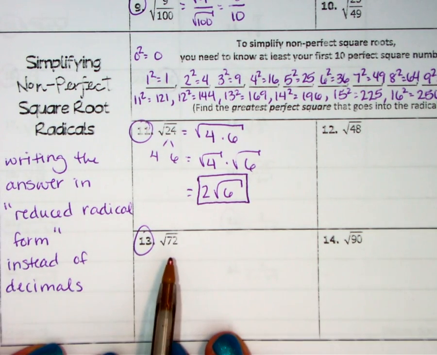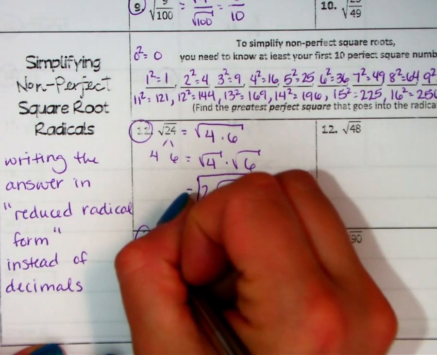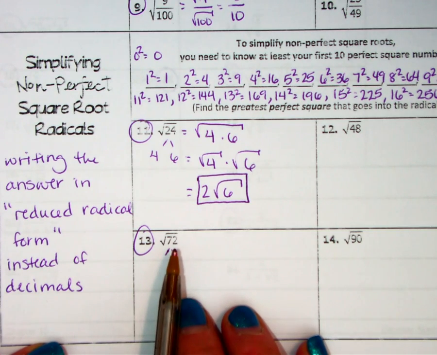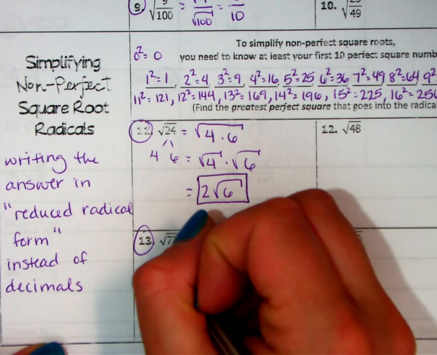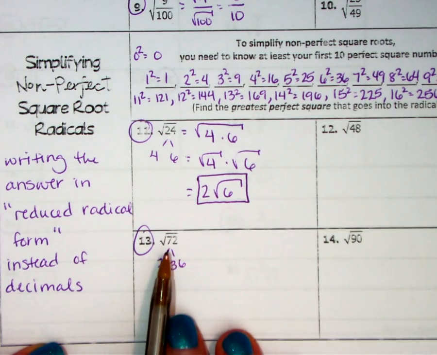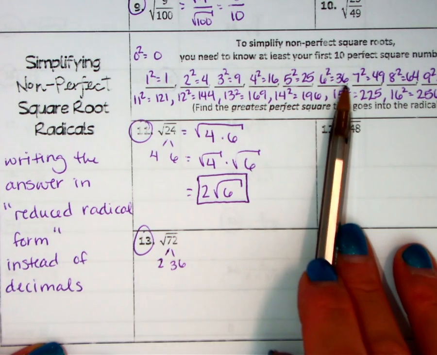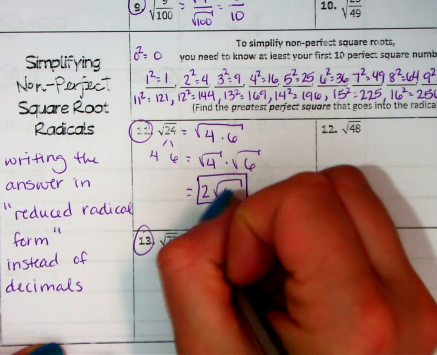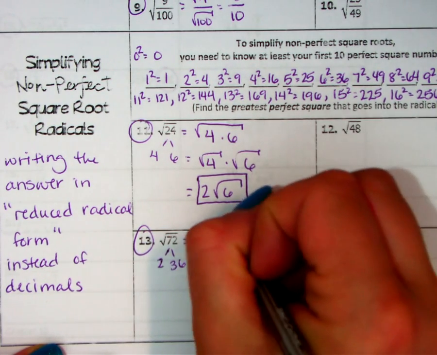So when I take a problem like 72 here, doing a quick factor tree, the first thing I notice about 72 is that it's even. So I'm going to go ahead and divide 72 by 2, and that gives me 36. So 72 breaks down into 2 and 36, and I can see right away 36 is one of my perfect squares. So that means I can rewrite the square root of 72 as the square root of 36 times 2,